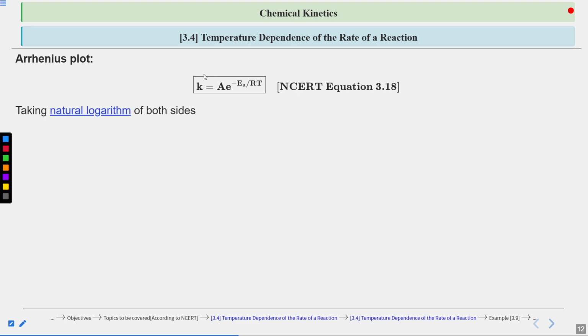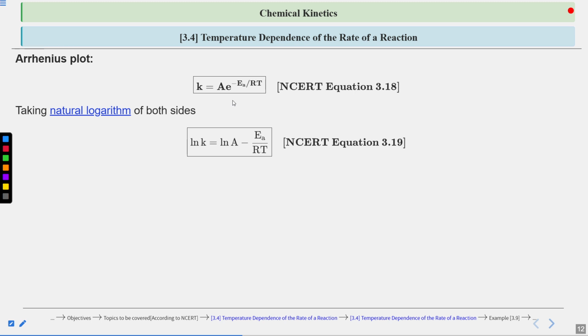Now, how do you plot the Arrhenius plot? You use this Arrhenius equation, and after using it, you will plot the Arrhenius plot. So the first step is taking the natural logarithm of both sides. In this equation, we take the log on both sides. So the log of k will become ln k is equal to ln A minus